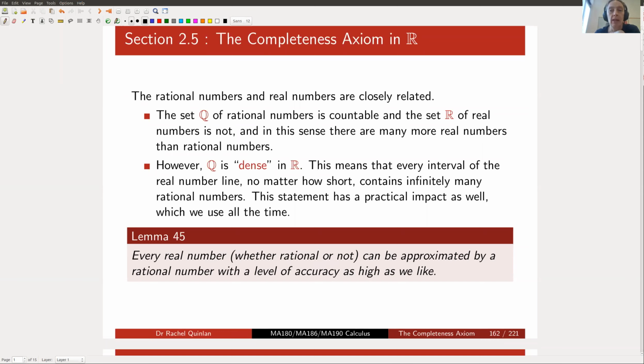completeness axiom in the real numbers. And so basically in this section, we're going to be talking about bounded subsets. And we're going to be talking about an important distinction between the set of rational numbers and the set of real numbers. And I have to confess in advance, like many things in this subject, I think this